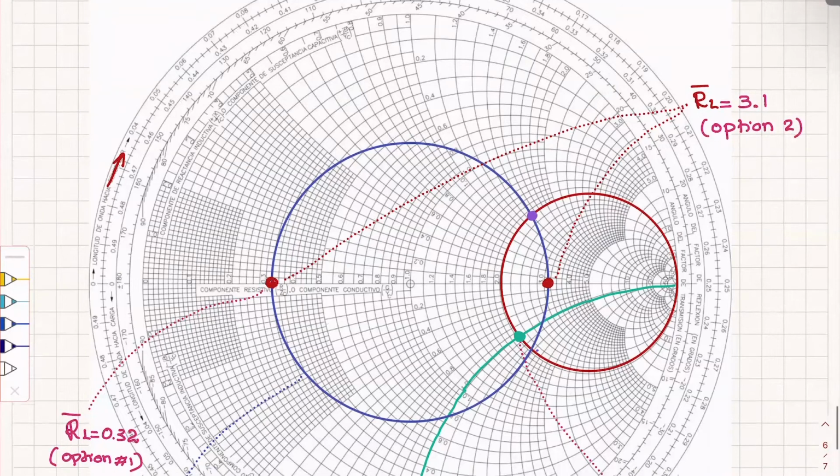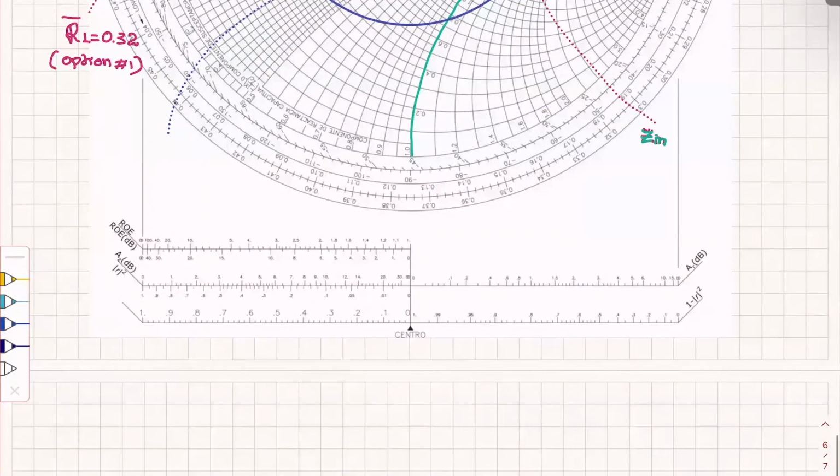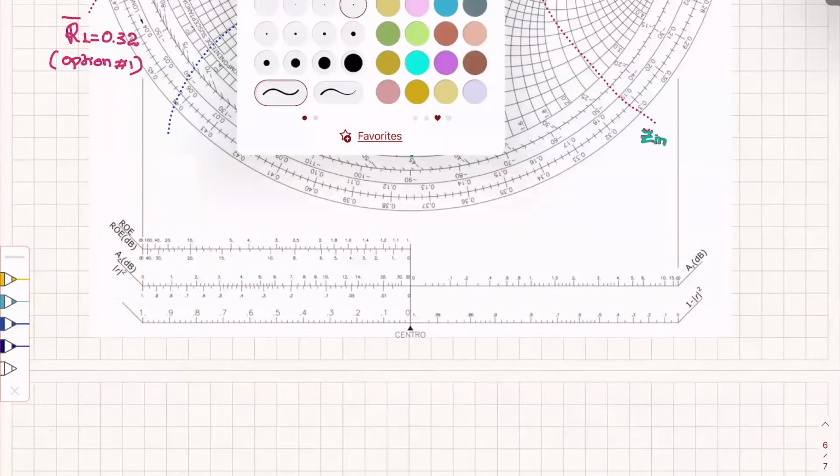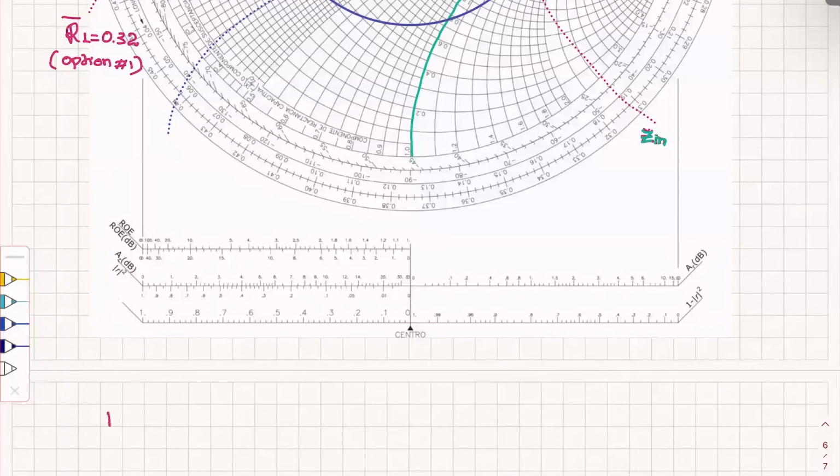Okay. When do I have option one? Option one, remember that R sub L is 80 ohms. To go to a normalized value, all right, so that's option one. That implies that for R sub L to be 0.32 normalized, it implies that 80 over